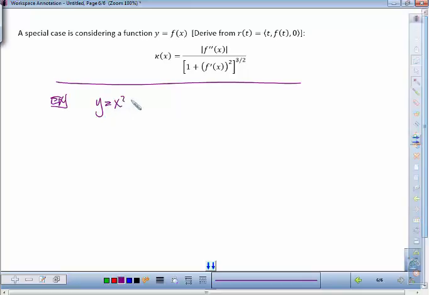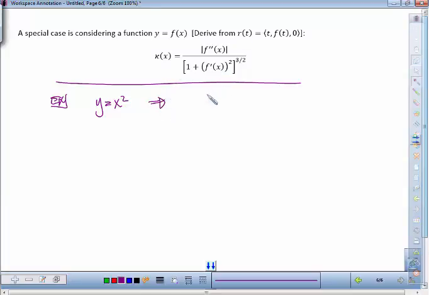Let's do that parabola y is equal to x squared. If you imagine how a parabola looks, the vertex is going to have the maximum curvature, right? And then anything outside of that will be a smaller and smaller curvature. So,